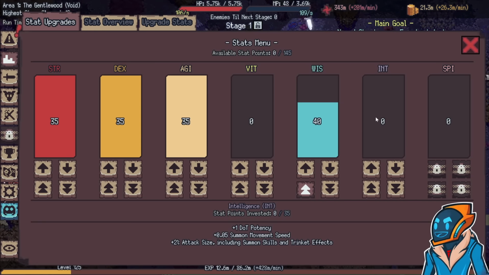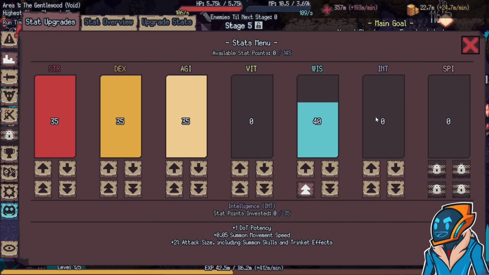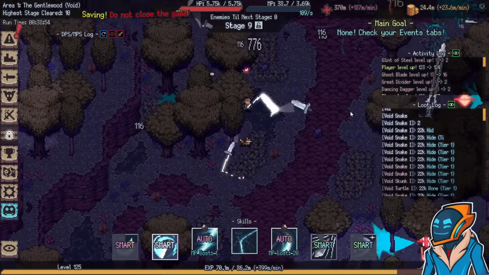We now have Int. So Int increases our dot potency, summon movement speed, and attack size, which includes summon skills and trinket effects, which is pretty good,